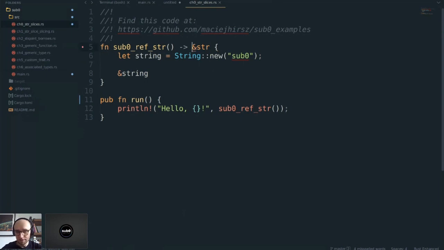The reason is because I did something very, very dumb, which is I'm trying to borrow memory from an allocated structure from this capital S string outside of this function, but this string will stop existing at the end of this function, right?